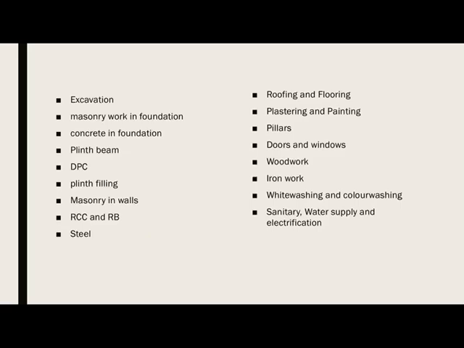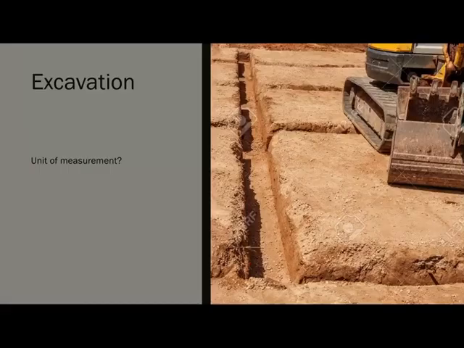This list gives you a list of all the items which are usually considered in a normal quantity surveying procedure when you are considering a residential building. There will be certain items which you have to add depending on specific plans, or if the type of building changes. As in residential building changes to a commercial building, there might be certain other factors which you will have to consider. This is a list of items which you usually consider when you are estimating the quantities required for a residential building. The first item that you have to consider is excavation.